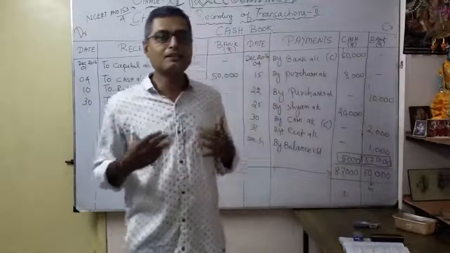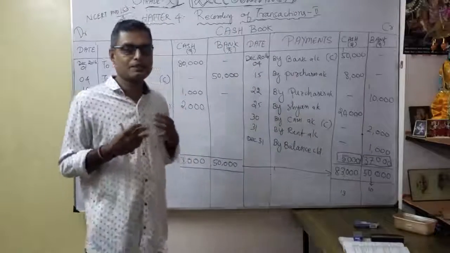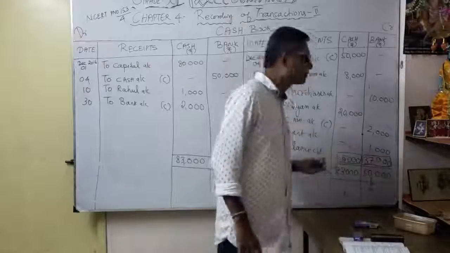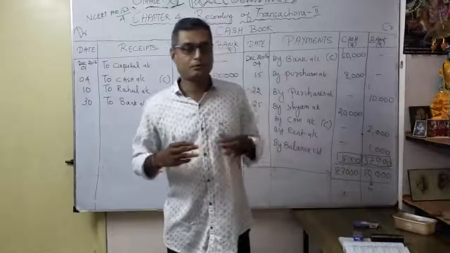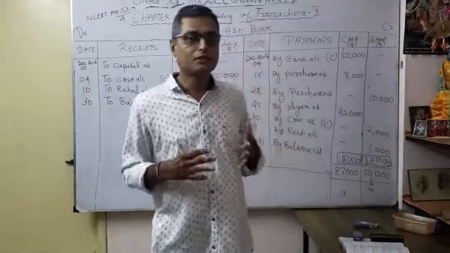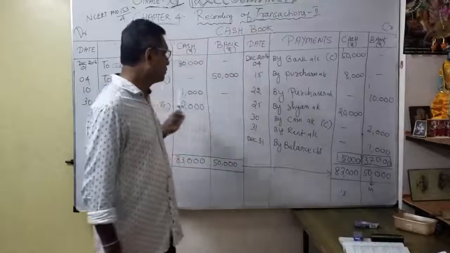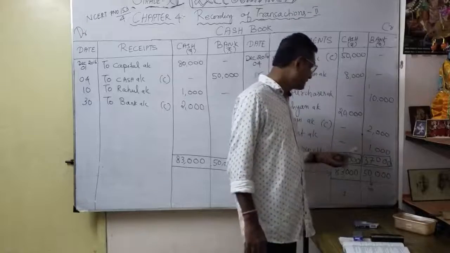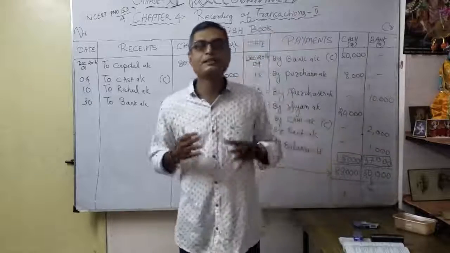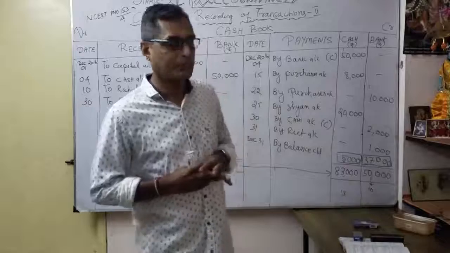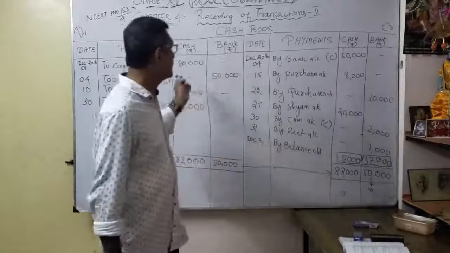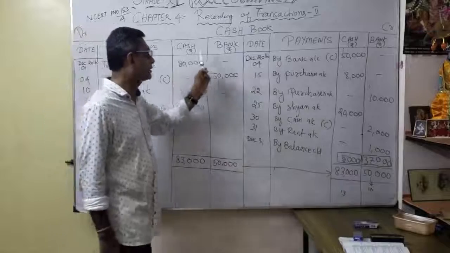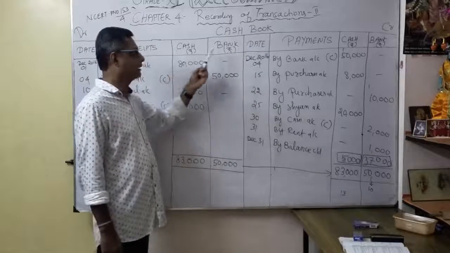Okay, so the balancing, how to do the balancing, that is a very, very important part. When you have more transactions in the cash book, we can learn it very easily. With fewer numbers it is very easy. With more transactions, suppose as a payment, this is the way you can learn balancing very easily. You understood? Okay, so for the double column cash book, you should be very careful. You want to draw two lines, cash and bank. Always cash is first, bank is second.